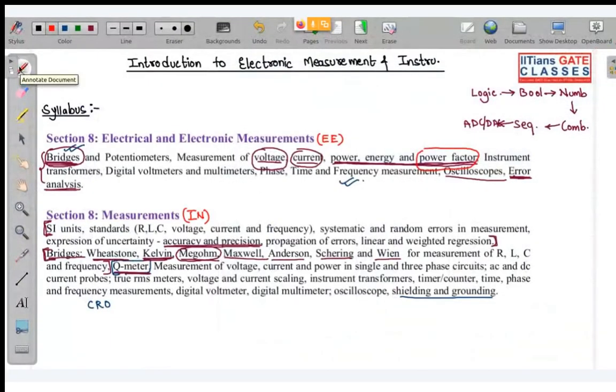So what I was telling is that they have actually changed this part to measurement of voltage, current, power and energy. But actually this is your basic instrument only, because you can measure voltage, current, power using basic instruments. Previously, if you check your 2019 or 2018 syllabus, basic instrument is written instead of this. Don't worry, you might think that sir is teaching something else, but with the help of basic instruments only we measure voltage, current, power, energy. So now our next chapter